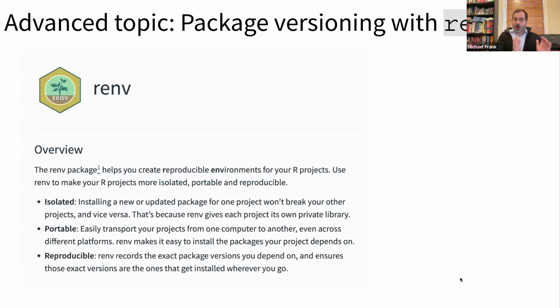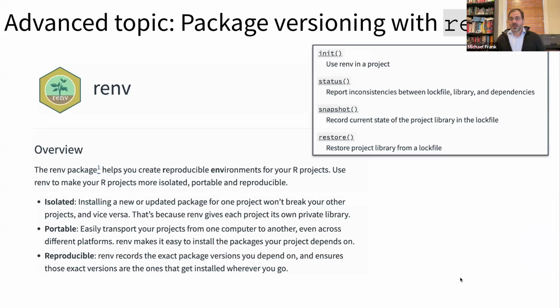The idea is, within your R project, and this is all going to happen within that R project, when you initialize the renv package with renv init, it's going to look at all of the different packages that you use in your project. It's going to download that version of them and make your own package library. And it's going to create a file called a lock file that says, these are the versions of the packages you use. And when you install new packages, you're going to have to update your renv. And then that renv lock file can be shared with other collaborators.